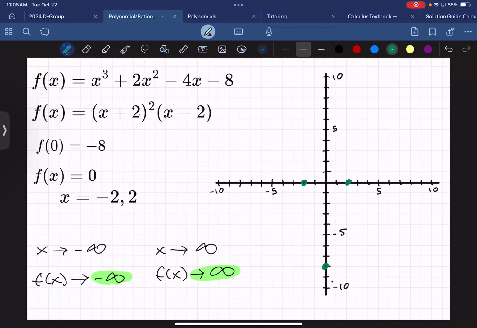Now, when it goes to draw this too, why am I putting this? Where did I get those little line segments from? The end behavior, right? Now, is that going to be perfect to what it should look like? Absolutely not, right? What you're going to find here is that when I go to do this, all I can really do is sketch it as best as I can, all right? However, the key components here are going to be end behavior and the solutions. On top of that, we have to look at multiplicity,